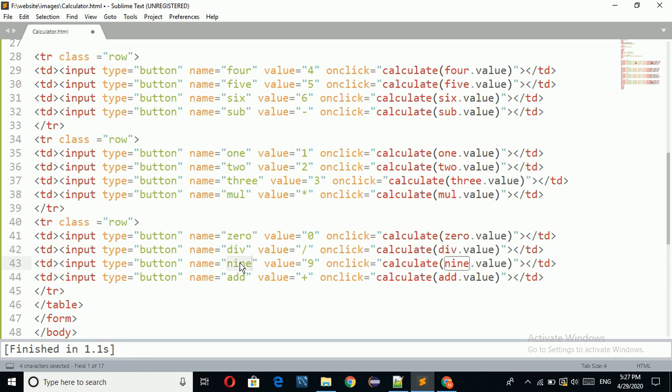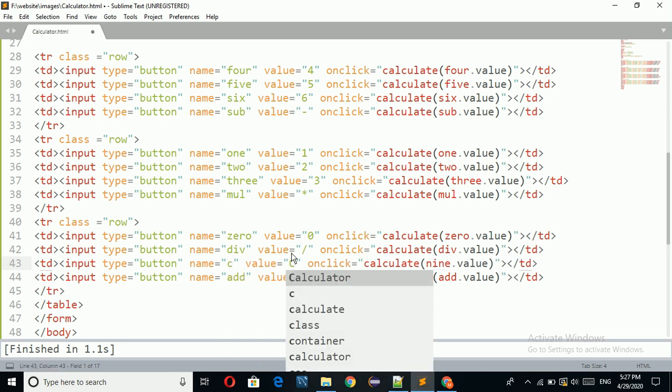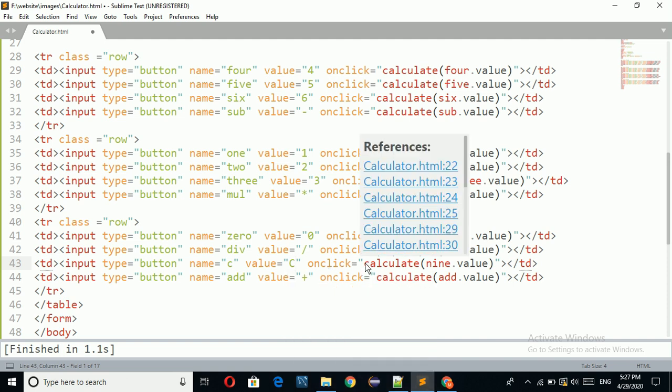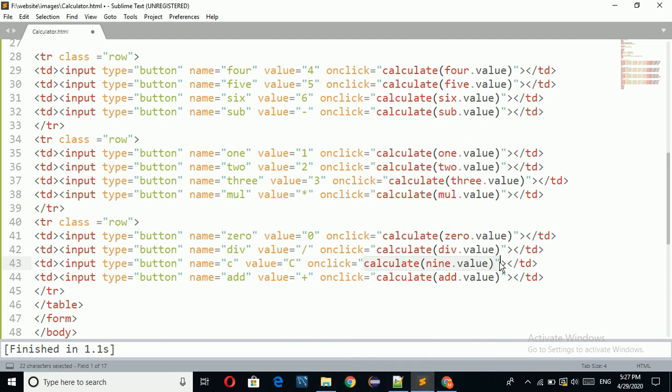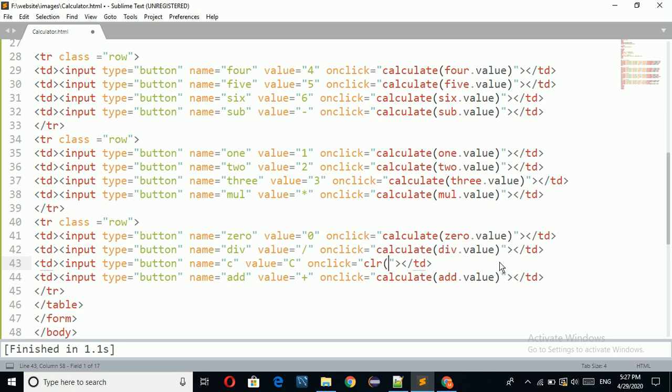Here I am going to take the clear button, name equal to C, value equal to capital C. In this I am going to take onclick equal to clear, one clear function.